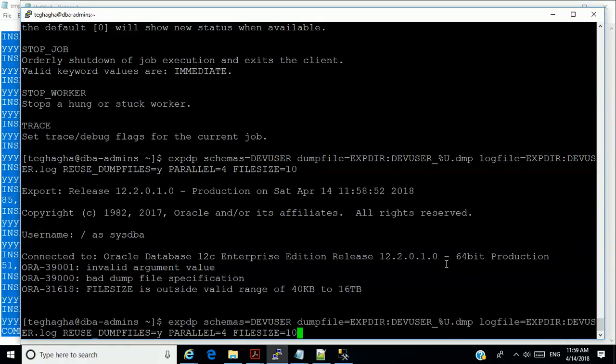Okay, you know what? Let me just do that for a bigger size. If I say 1000, that's kilobytes. So I just say 50,000, that's about 40 something kilobytes.